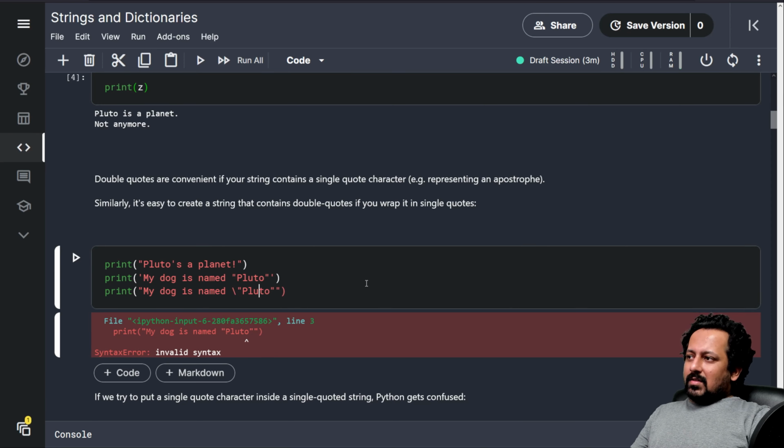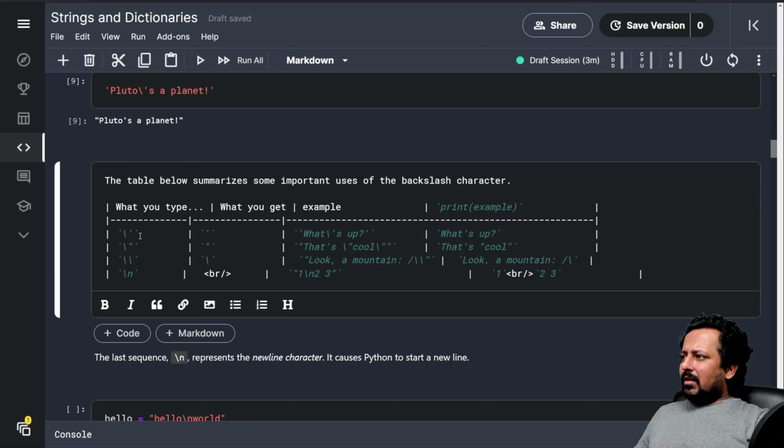So here they have shown the same thing. Yeah, it gives you invalid syntax, but when you add an escape character, it's fine. So now it says that this table that you can see here shows some important uses of the backslash character, which is the escape character. So if you write it like this, you will get this.